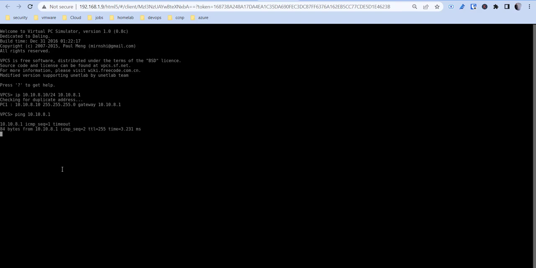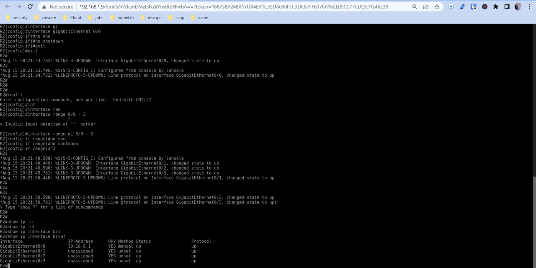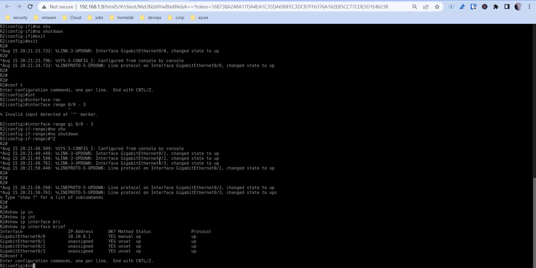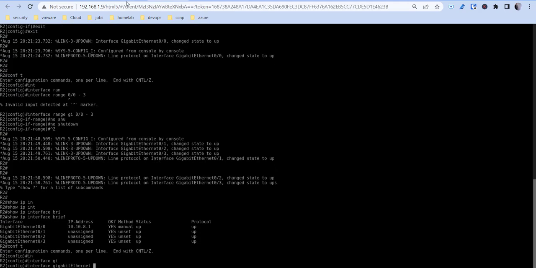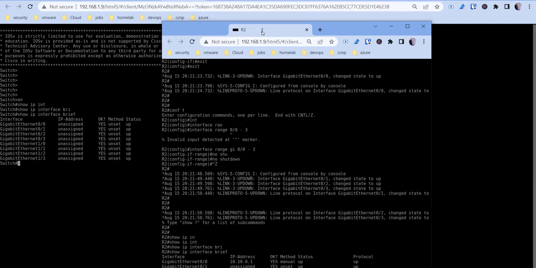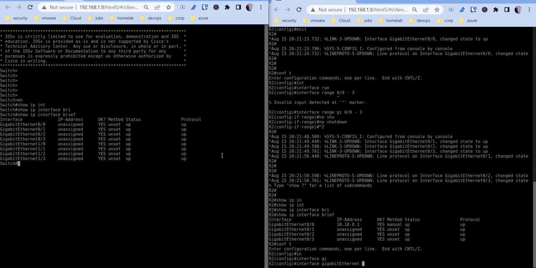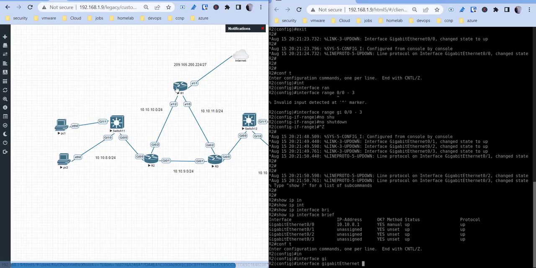Lose the first ping and get the other ones. Okay, so now we've got that working. Basically, I'm just going to run through real quick and configure these other sides. So let's do 10.9.1 would be, and actually, let's try and see if we can put these on both sides here. So where's my topology? Okay, so